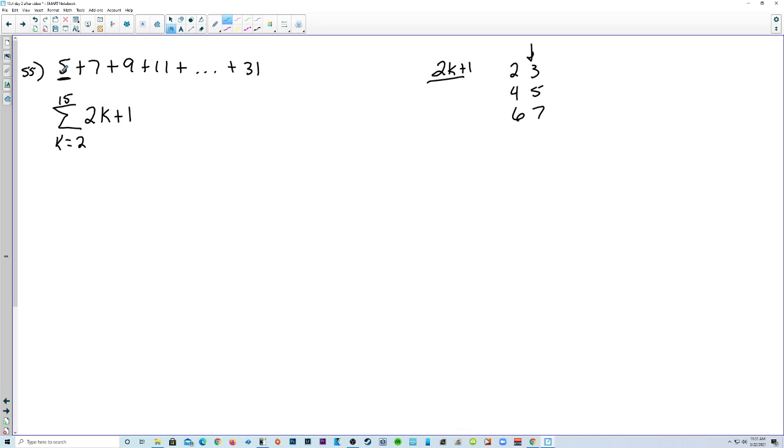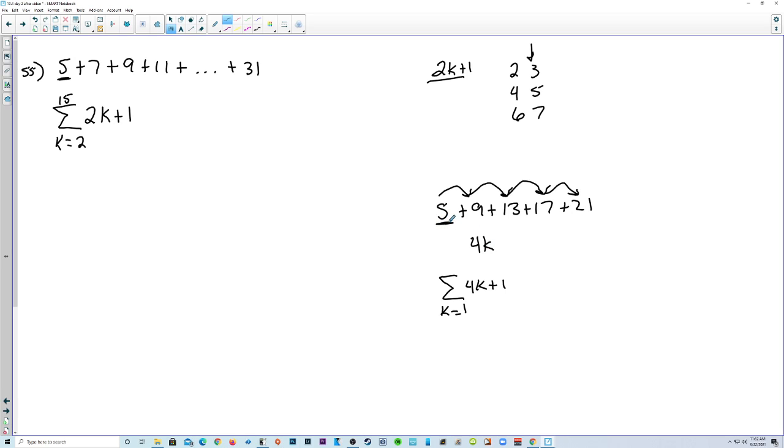But I think of it this way also. This is linear. This is going 5, 7, 9. So we're adding 2 every single time. So if we had 5 and then plus 9 and then plus 13 and then 17 and keep on going like that, 21 let's say, that's adding 4 every time, and that's the change in this linear series. And so that means the slope is 4, so 4k. And then if I plug, let's say 1 in, I'd have to add 1. So we could do it like this. We could go k is equal to 1 of 4k and then plus 1,